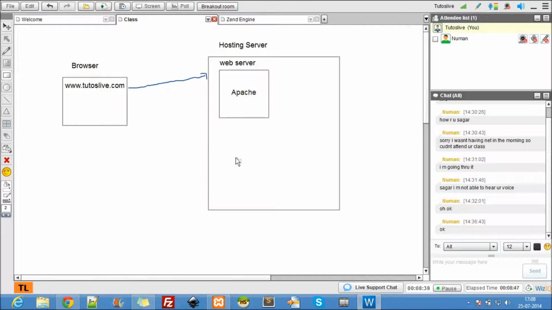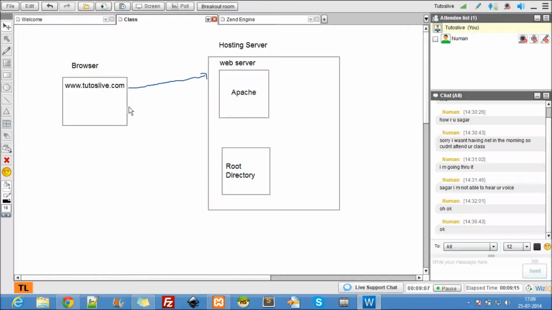As soon as it hits the web server, it looks for the root directory. The root directory is where all your files are hosted. Whatever files you have written, the HTML files until now, will be residing in this root directory.